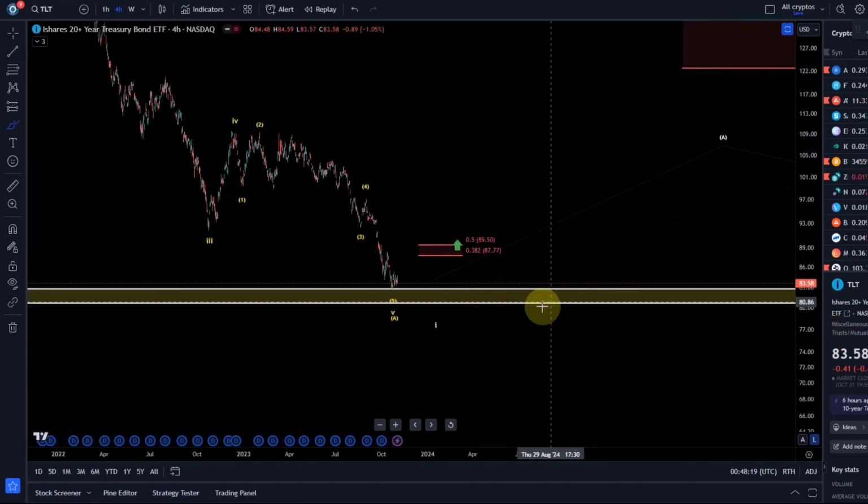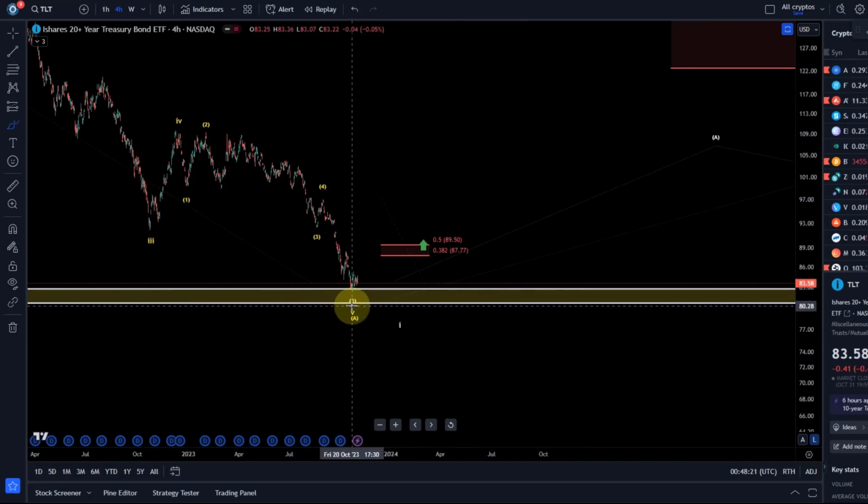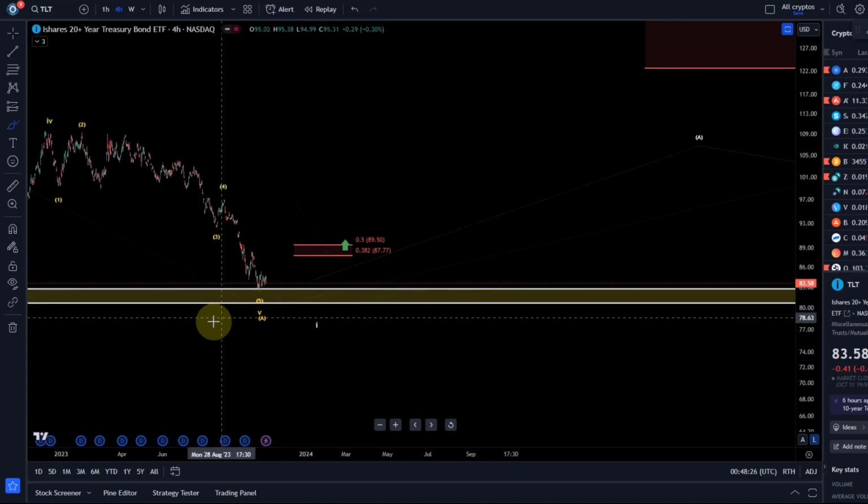So let's take a look here at the last wave down, this 5th wave. We want to do a bit of micro counting and look at the microstructure. This is the 4-hour chart. On the 4-hour,